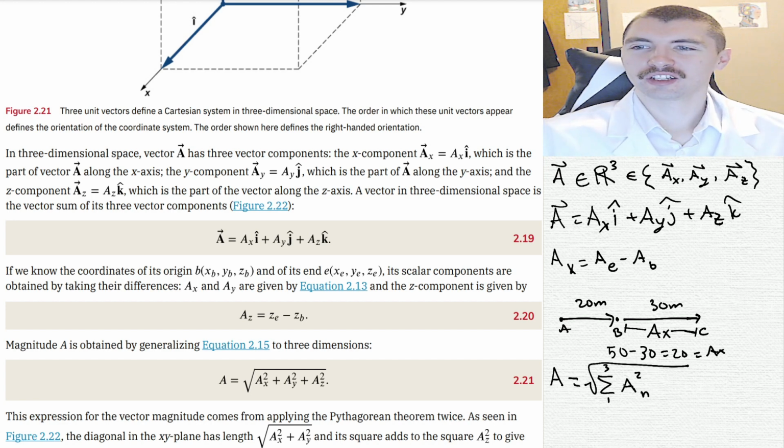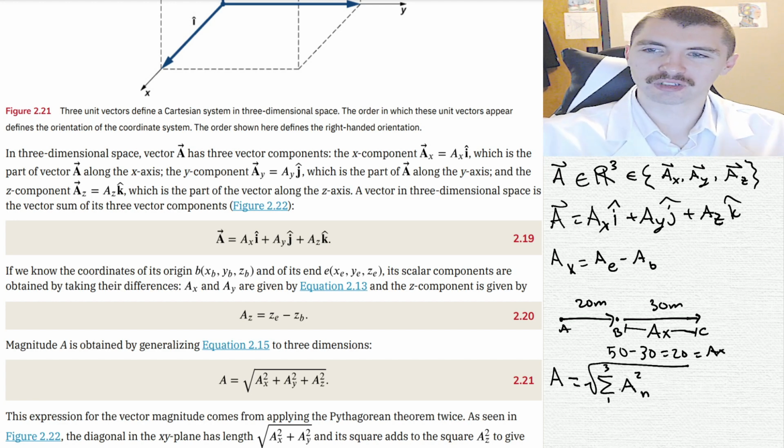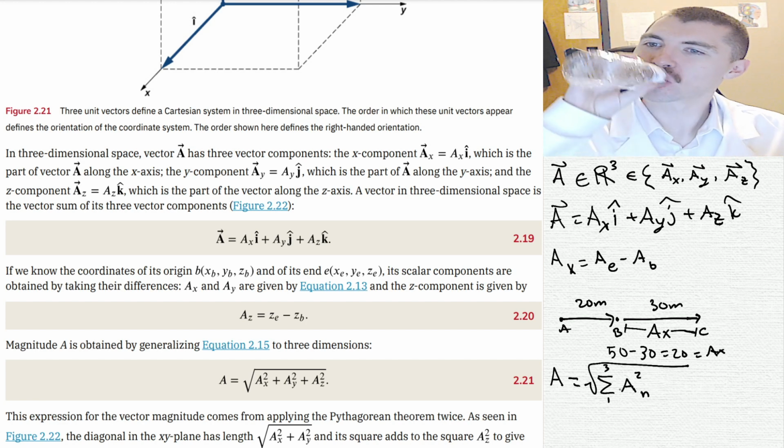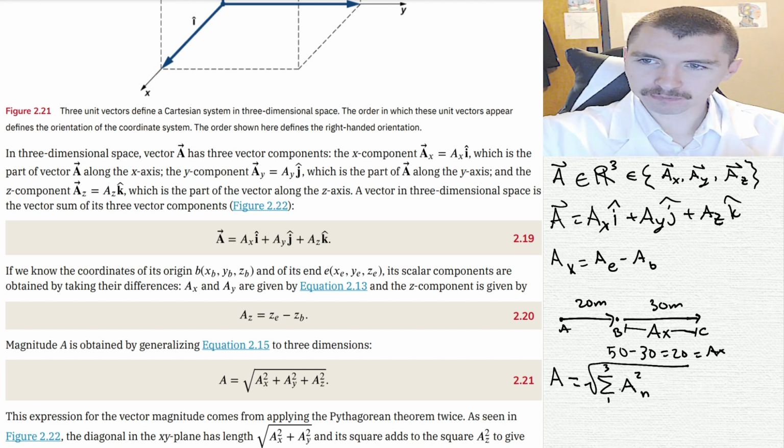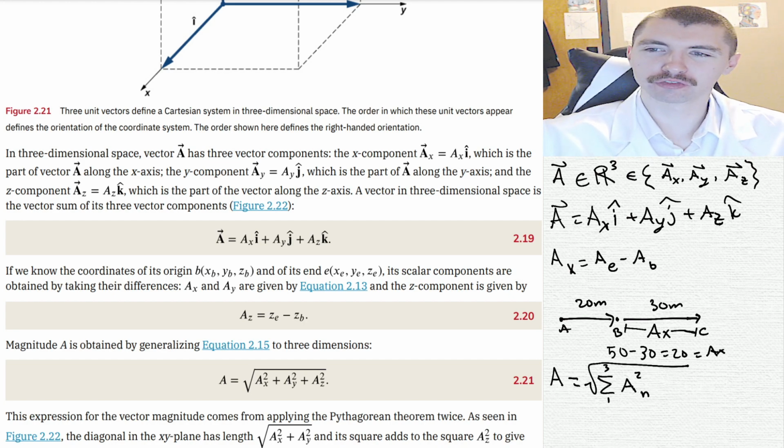All right, so if we're taking in dimensions, we're taking the square root of the sum of the squares. So I wrote this because if we're going in 4 or 5 dimensions,